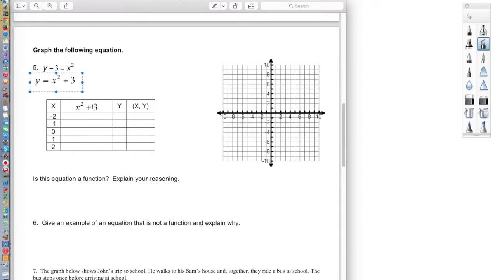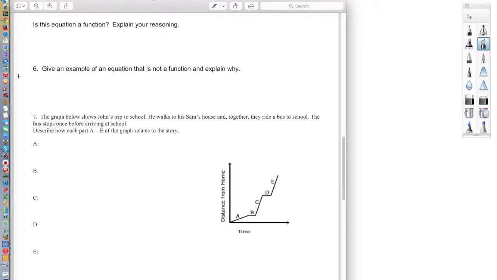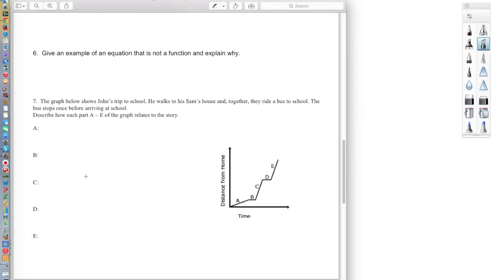Here's your function. Here are your x values. Put your y values in, then your coordinate pairs, and then graph it over here. And then answer the question, is this equation a function? Again, explain your reason. Number 6, I'm just going to say hold off on 6. You don't have to do 6. Then number 7,